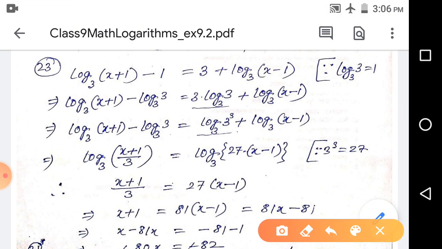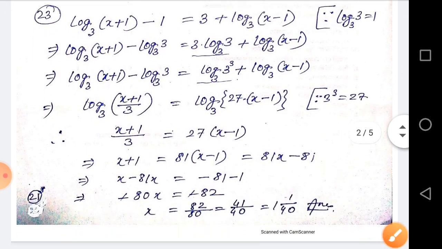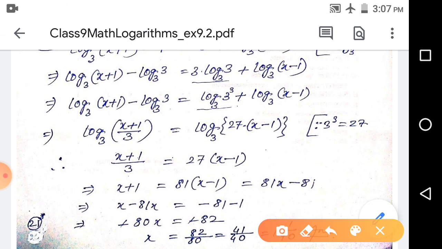The given condition is log base 3 of (x plus 1) minus 1 equals 3 log base 3 of (x minus 1). So what we have here, we have log base 3 and log base 3, and we have to prove something. We have to find out the value of x. As log base 3 is present here, now you can see...